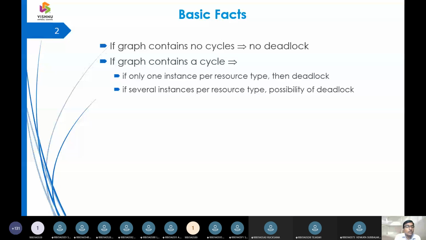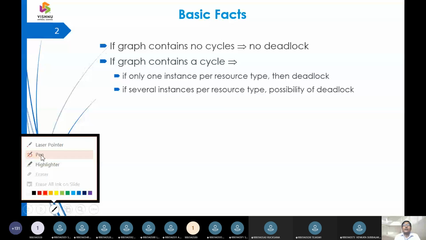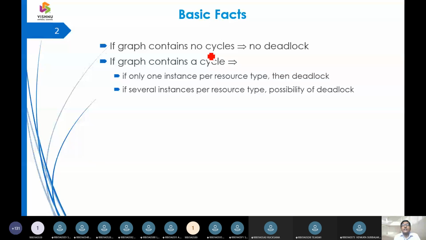The very first scenario to bring up is that if there is no cycle in a graph, it is acyclic, and there may be a chance that there won't be a deadlock. How do we represent a graph?